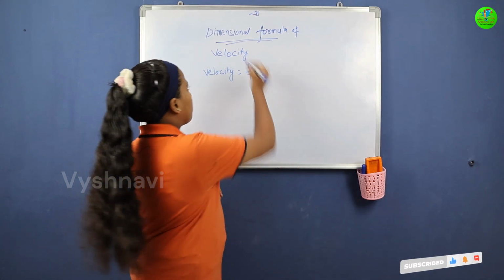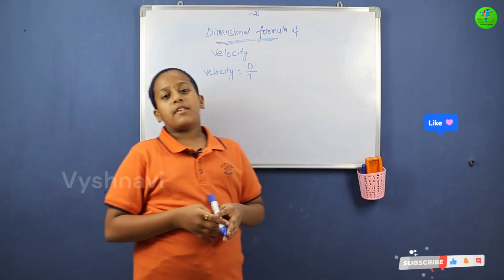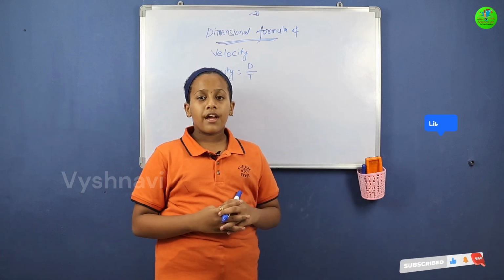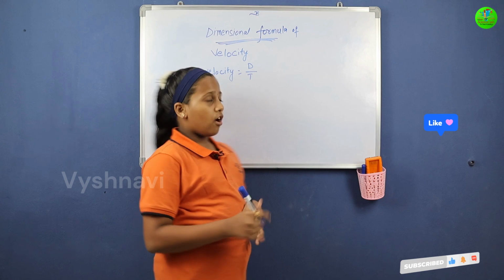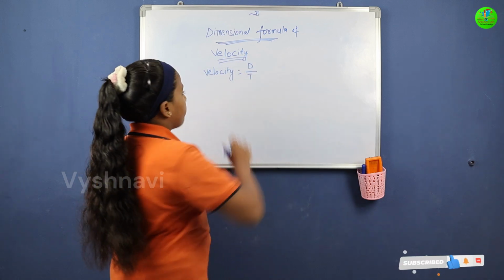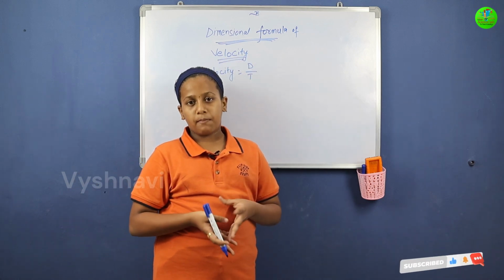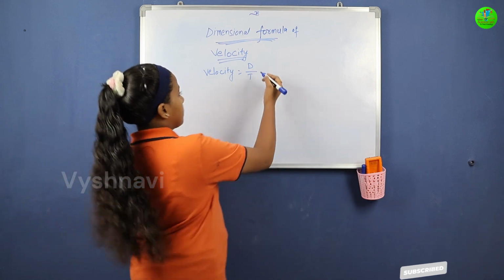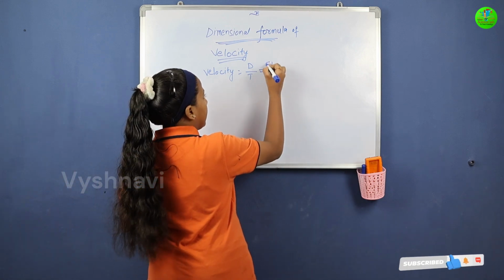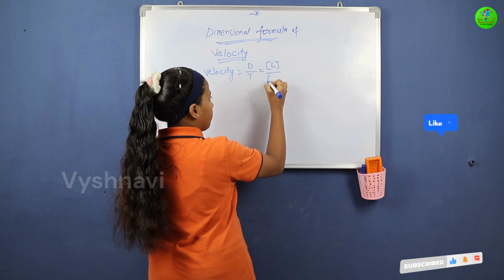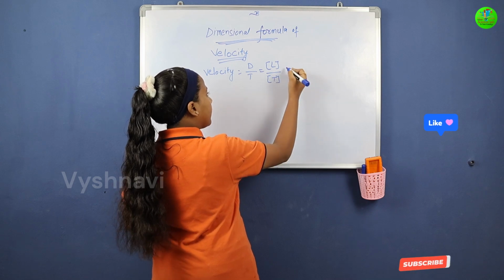Today we are discussing the topic of dimensional formulas from the subject of physics. Firstly, we will discuss the dimensional formula of velocity. What is the formula of velocity? Displacement by time. Displacement is equal to length by time. Length by time means